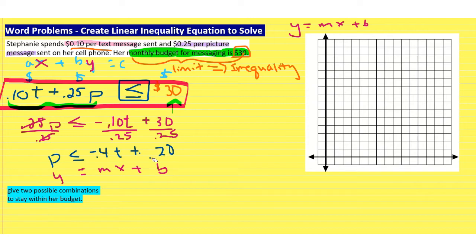That makes it easy for us to graph it. So that's what we're going to do now. We're going to graph this form of our equation over here on a graph. So we're going to go find 120. Okay, so we also need to understand that the